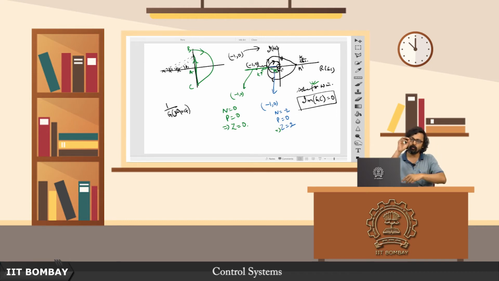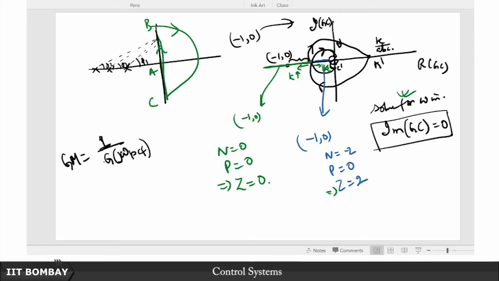In the Nyquist plot you can also see why it is called a phase crossover, because the imaginary part is 0 at that frequency. What does it mean to have an imaginary part 0 and the real part negative? It means a phase of minus 180 degrees or plus 180 degrees, which is consistent with our understanding of Bode plot. The only thing that might be a little inconsistent is that here we are not considering the logarithmic scale. So here we are not considering the gain margin in decibels,